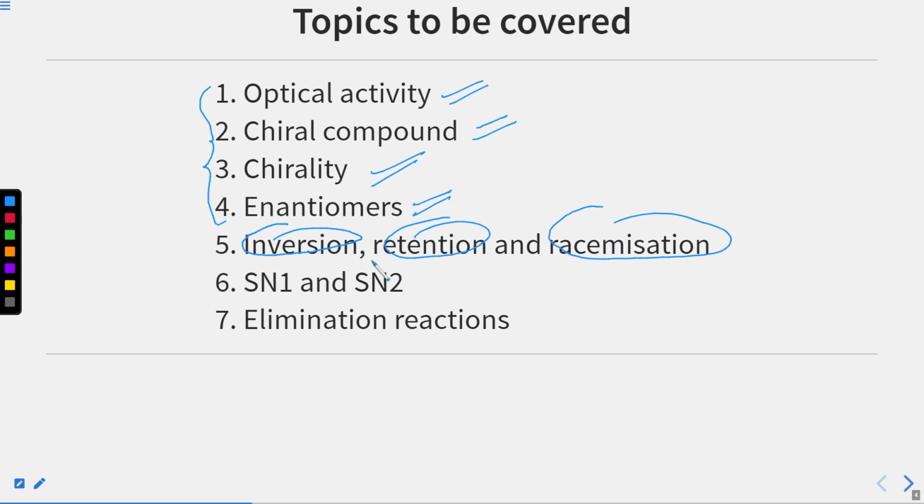Moving to the next thing, what is the product of SN2 and SN1, whether it gives inversion, retention or racemization, we will see that. At last we will see the introductory part of the elimination reaction. Okay, now